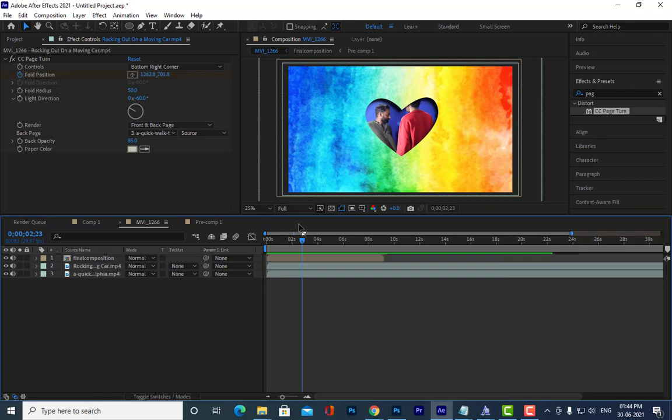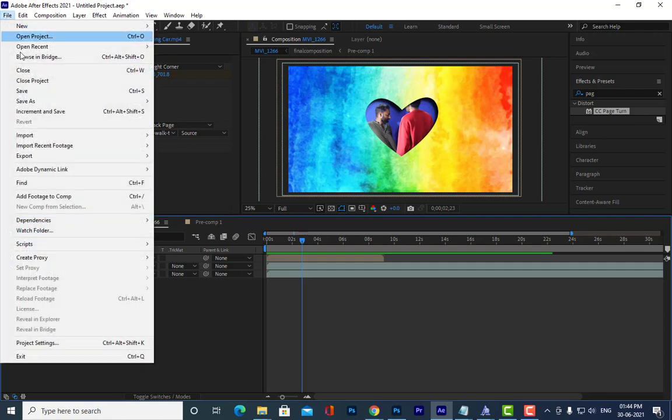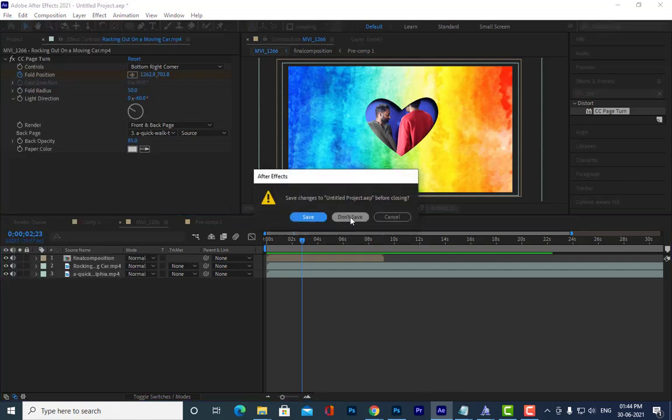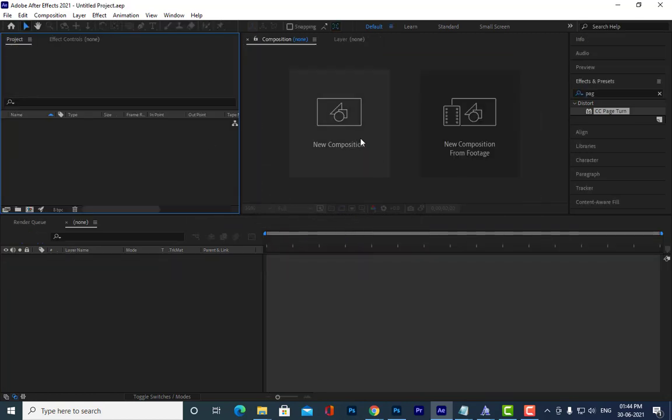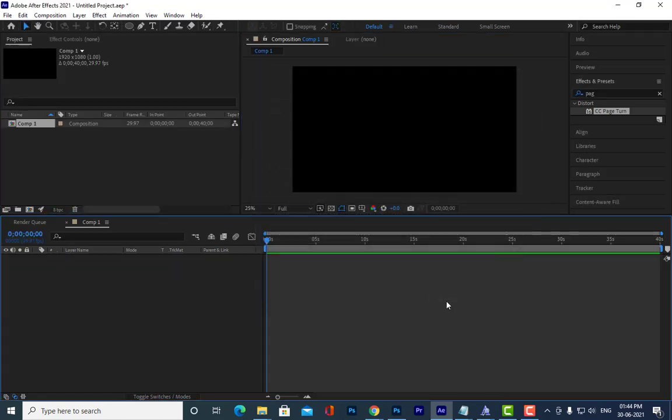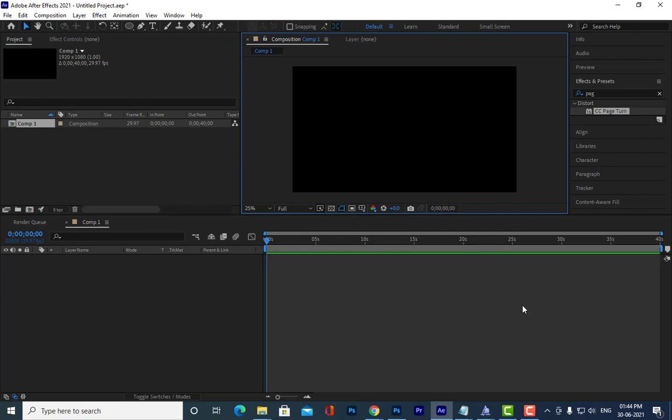I told you that these shapes we are able to create directly in After Effects using the pen tool here. But if we want to get shapes from outside, let us say from Photoshop, how can we do that? Can anybody tell?